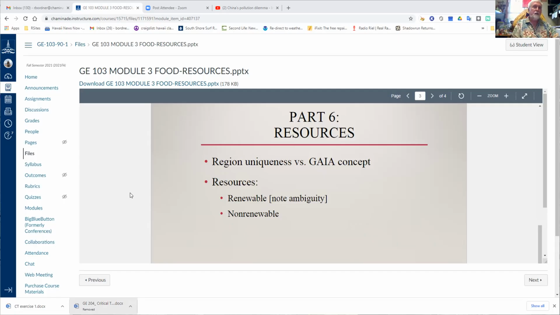The United States uses an enormous amount of the world's non-renewable resources with a fairly small part of the world's population. We're way out of whack with everywhere else. And that's a constant source of complaints if you live everywhere else on the planet, the fact that Americans are basically pigs when it comes to using non-renewable resources, and they don't want to share. So when you talk about this, that impacts politics.